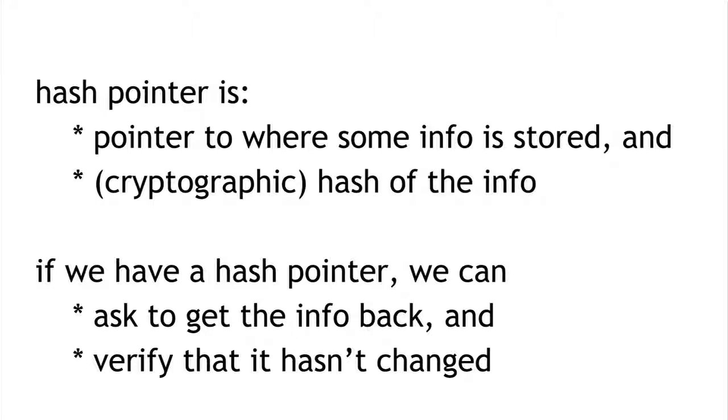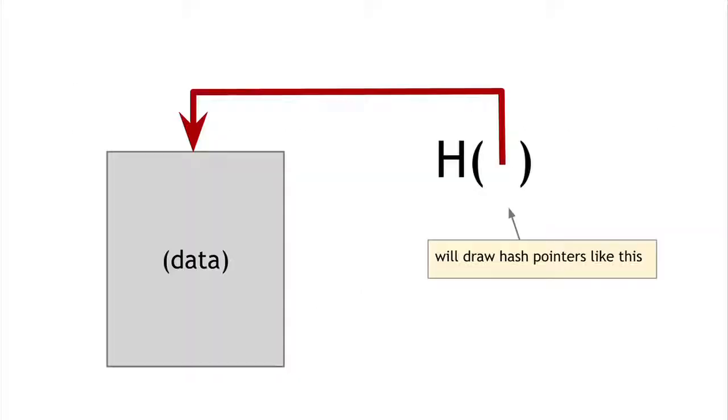And it's also going to let us verify that the information hasn't changed. So a hash pointer tells us where something is and what its value was. Okay, and we're going to draw a hash pointer in diagrams like this: we're going to have H of, and then an arrow that points to something. So anything drawn like this, think of it as being a hash pointer to this thing. It's a pointer to where it's stored, and it's also the hash of the value that this data had when